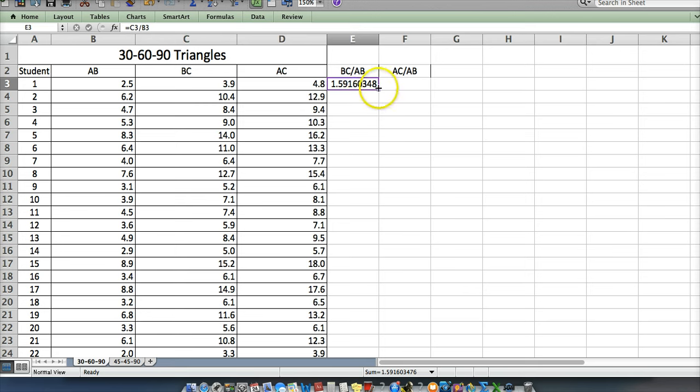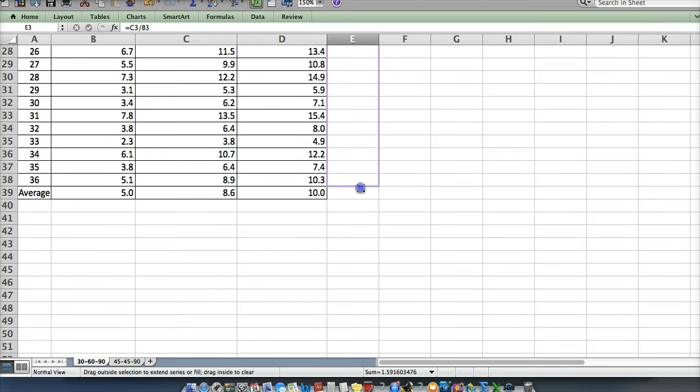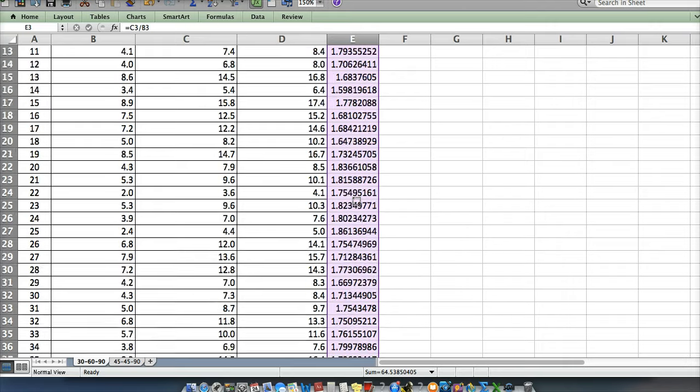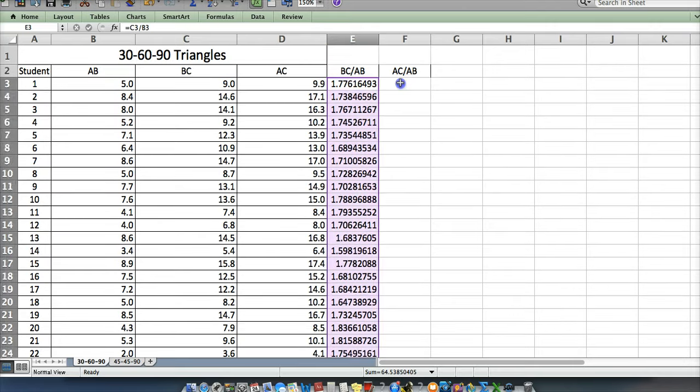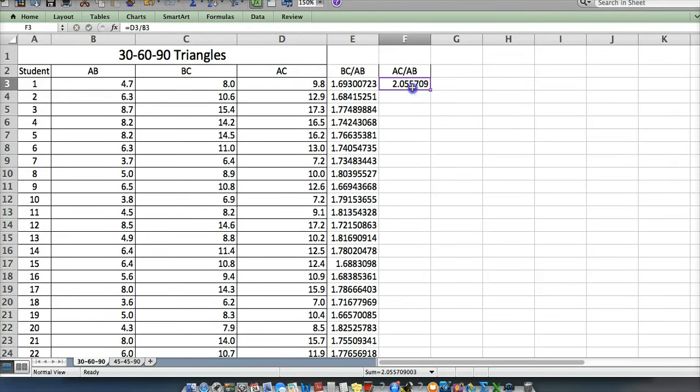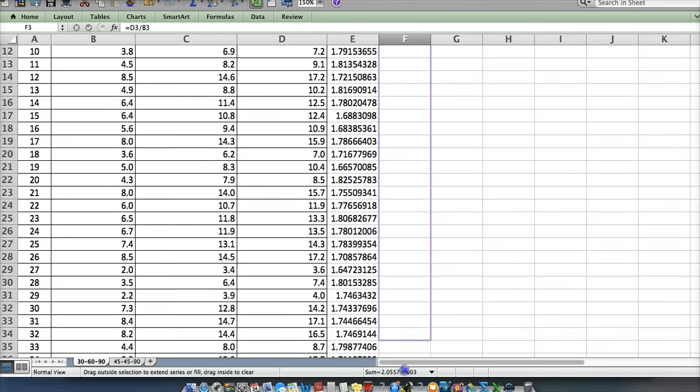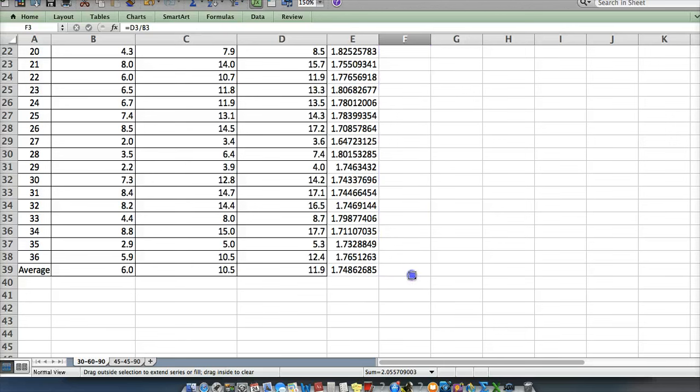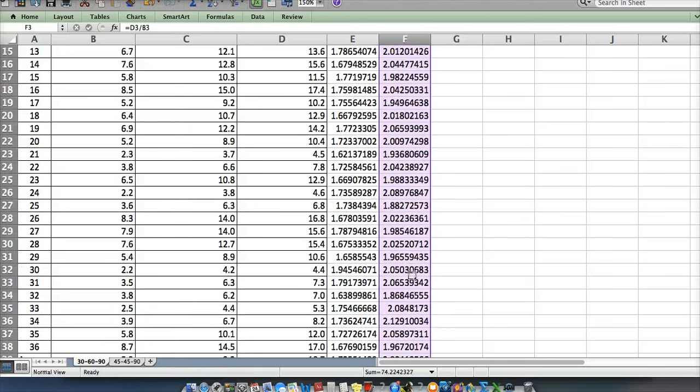And then one of the cool things that I always like to share is how you can basically reiterate that same formula for the rest of the values here. So we'll get that over and over again. In the same way, I'll say this equals AC, so that would be D3 divided by B3. And again, we can reiterate that formula. Okay, so at this point,